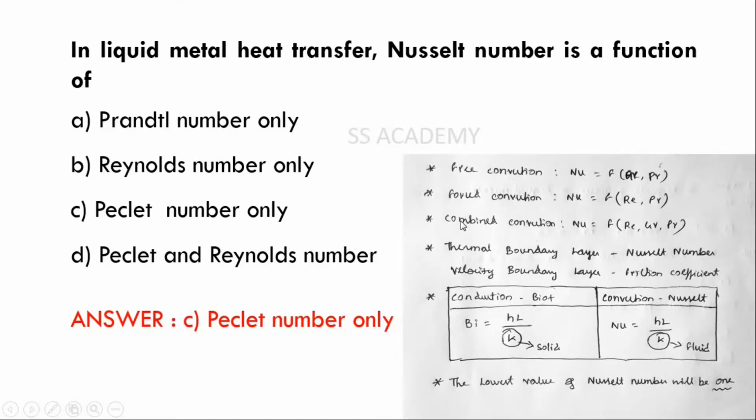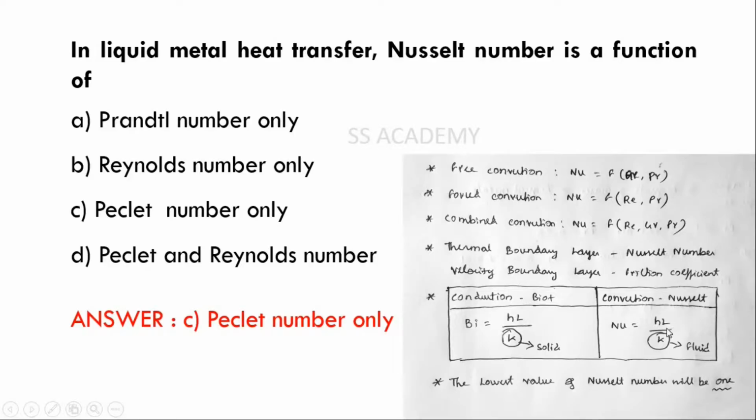This is a mixed convection, that is a combination of forced and free convection. Some important points related to boundary layers: for the thermal boundary layer, we can define the Nusselt number. Similarly, for the velocity boundary layer, the friction coefficient plays the same role as the Nusselt number. And the comparison of Biot number and Nusselt number: